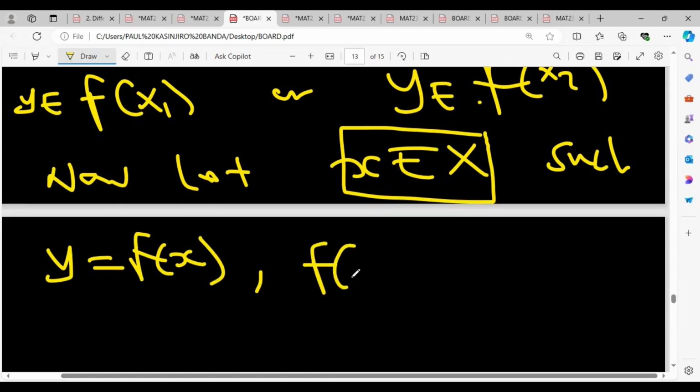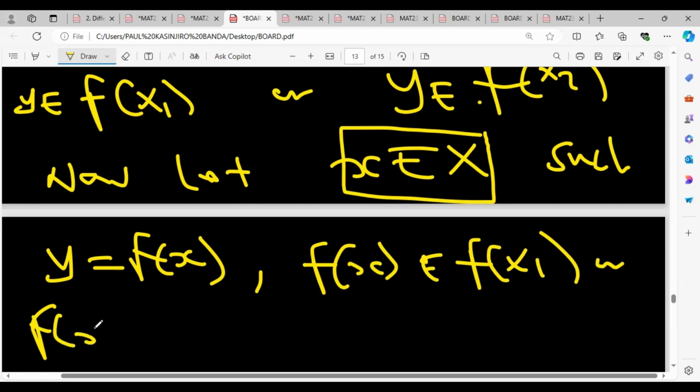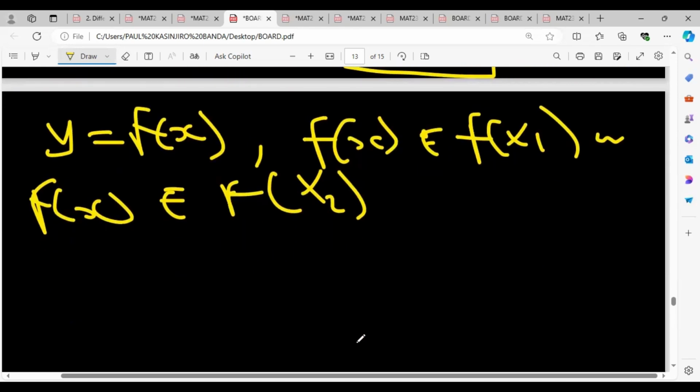It follows that my f of x, which is this one here, will actually be a member of f of x1, or my f of x will actually be a member of my f of x2. And then from there, what can we see? We can simply see that since f of x is in this one, and f of x is also in that one, right? So it means that my y is actually a member of